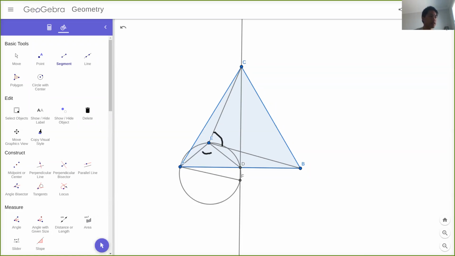180 degrees. And I'm not sure what book you're talking about, but